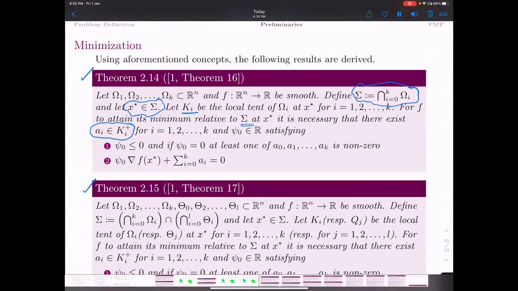Yes, so now we will come to theorem 2.14. So we've been going through that, and these are the elements in the dual cone. Now, satisfying, so these are necessary conditions. Please remember, we need psi naught less than or equal to 0, such that you satisfy this. And if psi naught is 0, at least one of these vectors should be non-zero. One of these vectors sitting in Rn, right? Okay,